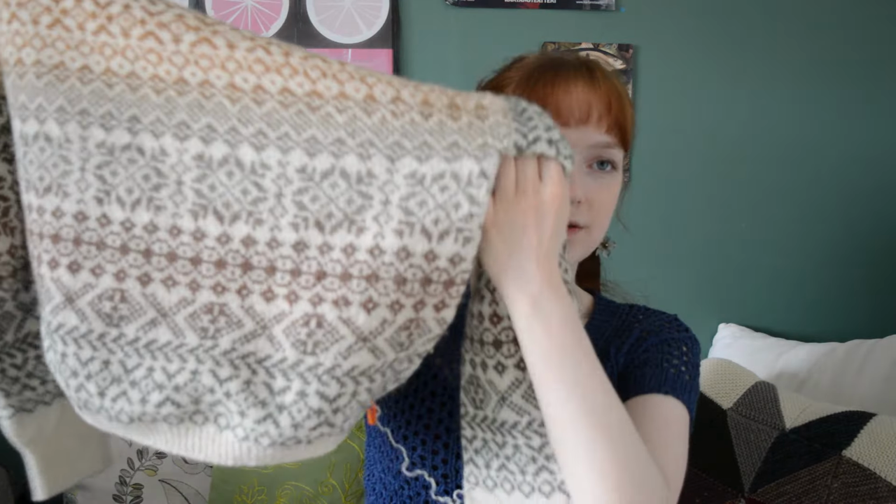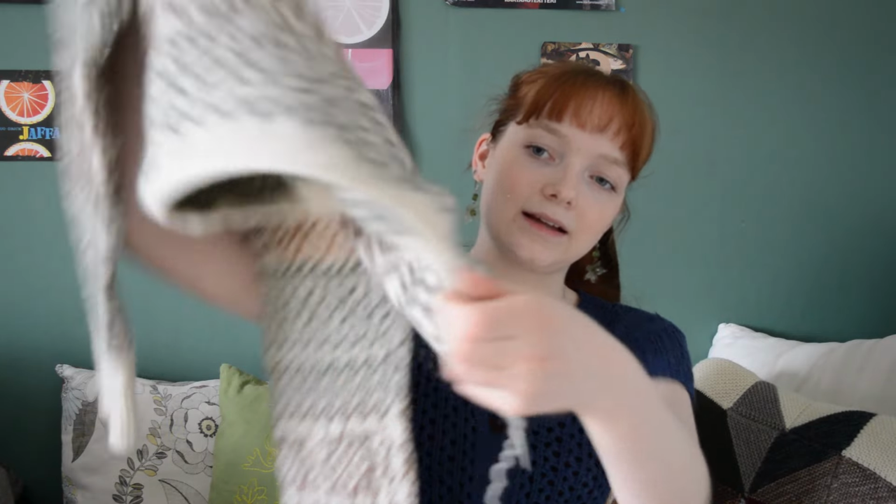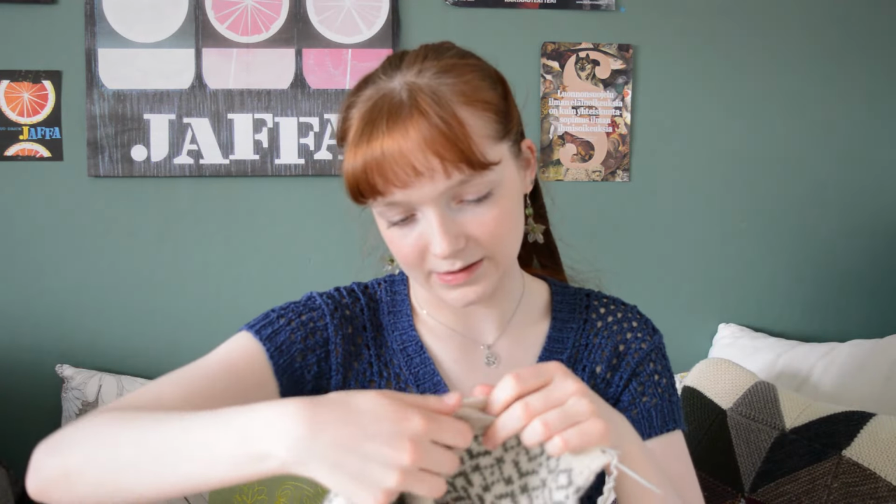So the jumper was originally started bottom up, knitted bottom up, and that meant that my long tail cast on was at the start and it just flared out the bottom ribbing, and I don't like that. I'd rather my ribbing cinch in than flare out. So I just cut the ribbing off, and before that I picked up the stitches around with a needle, and now I just have to re-knit the ribbing, and I have like 2.5